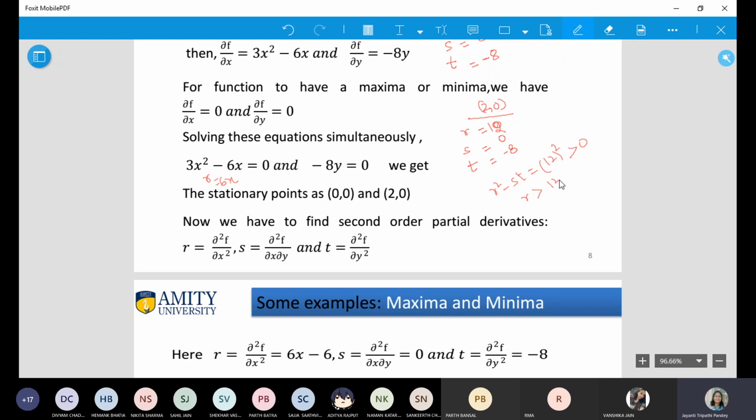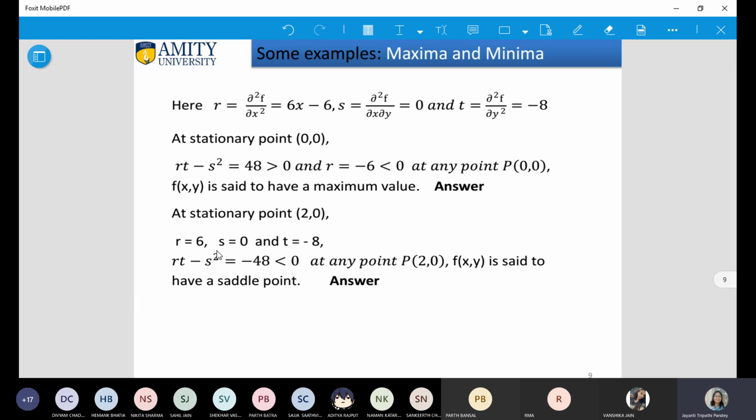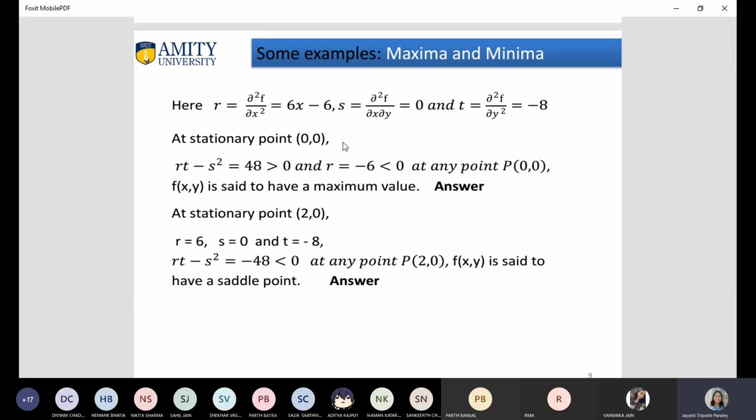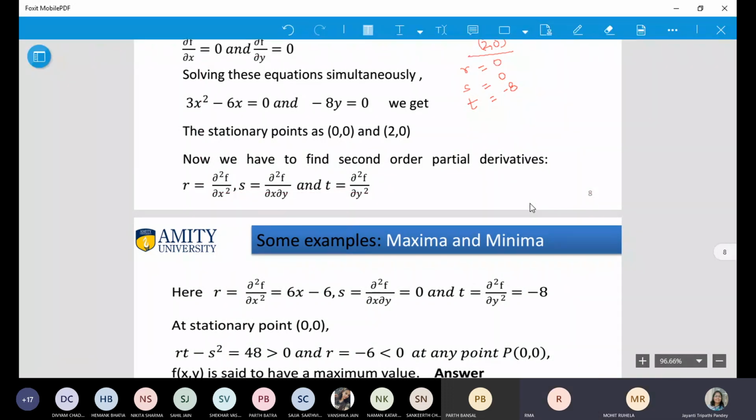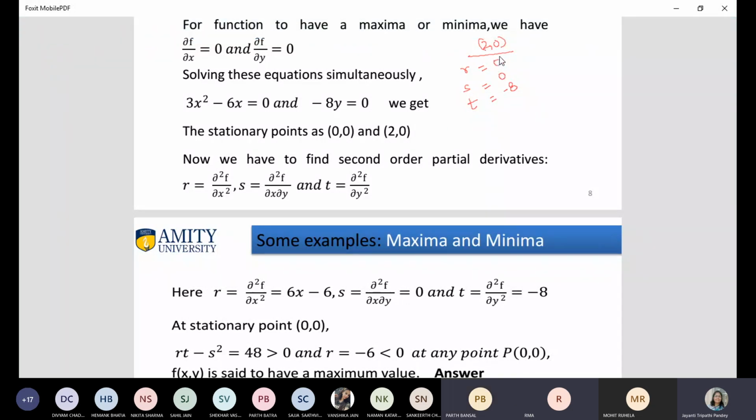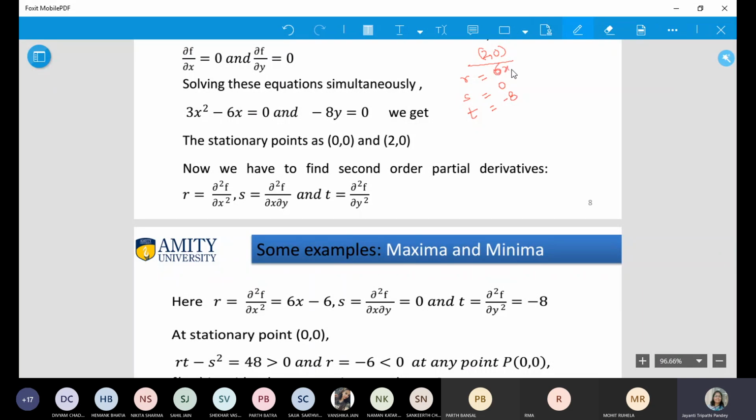R is positive. Hence minima. Right? Minima at which point? At 2, 0. Then you can calculate the minimum value by putting x as 2 and y as 0. Is this okay? See? How did R come as 6? Is something wrong? After double differentiation, the value you put. Yes, I have made a mistake here, perhaps in taking the value. You did not double differentiate. 6x minus 6 will come. First it was 6, it will become minus 6. Yes, 6x minus 6 will come. 6x minus 6, this becomes 6. The rest is fine, no problem.